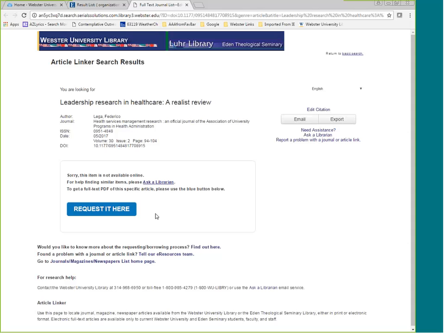Now, actually, the system will dynamically produce that email once we put the article there. So if you're waiting for an interlibrary loan, make sure you keep an eye on your junk mail, because sometimes emails that are dynamically produced will go there. But keep an eye on that. But in that way, you can get the best articles, not just those that happen to be full text.